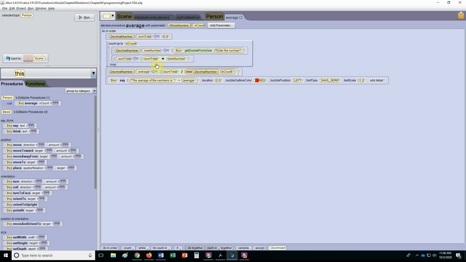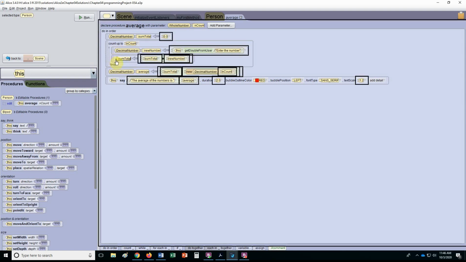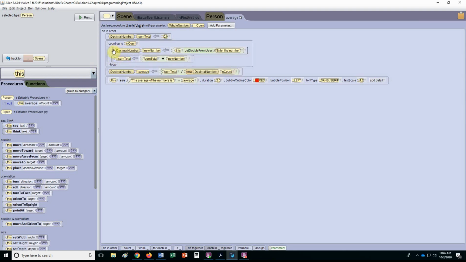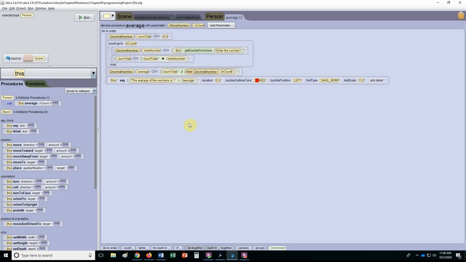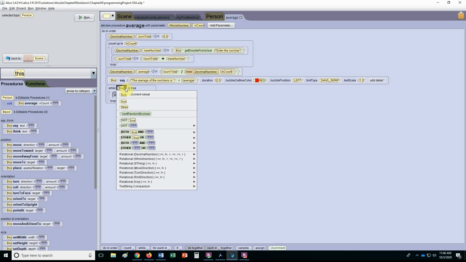But the difference is going to be here in this loop, where you don't use a count loop when you don't know how many values there are, how many entries there are. In this case, we would use a while. If I drag the while up here, our only options are true and false. So I'm going to pick true. Notice that true false is a Boolean. It's logical. So we start there, and then we'll say something like while